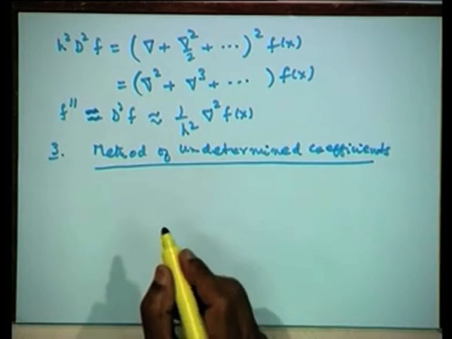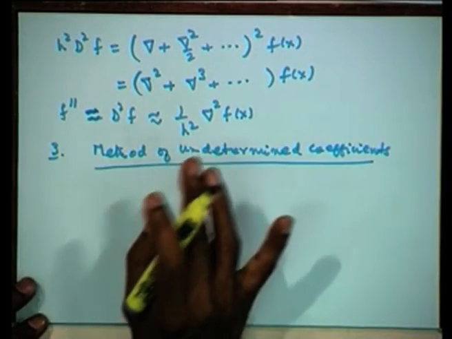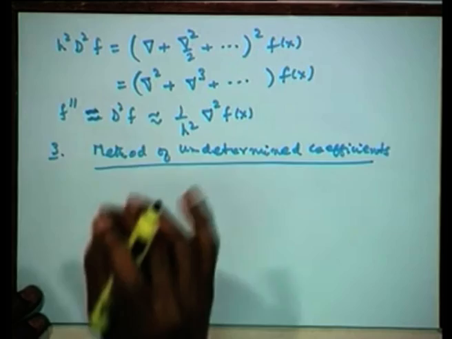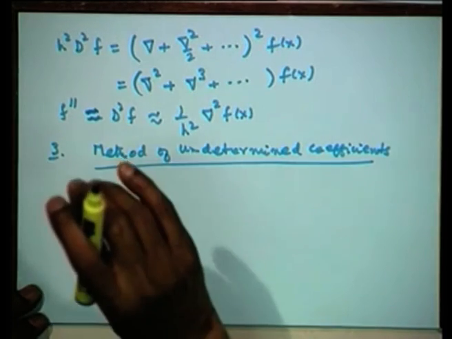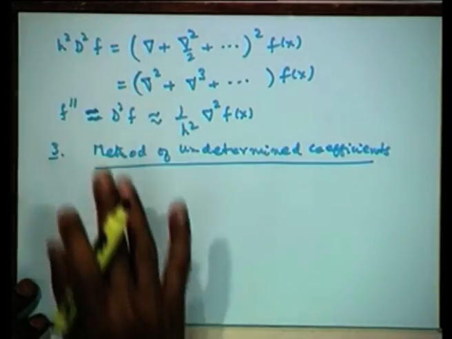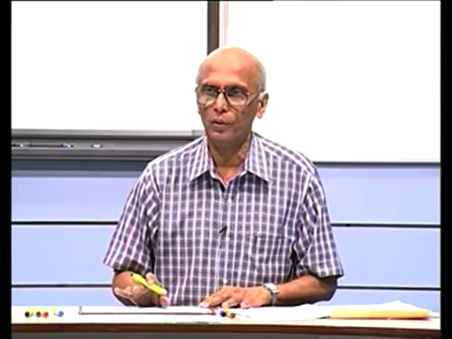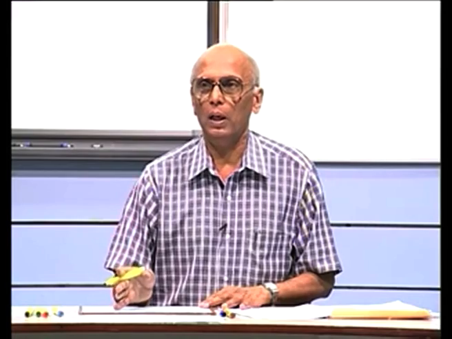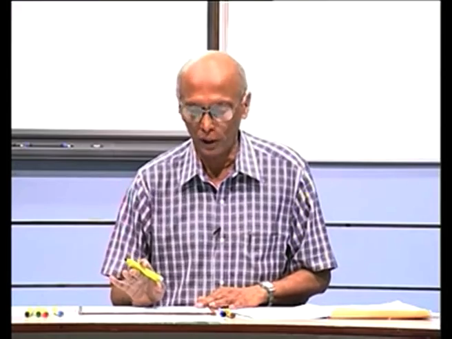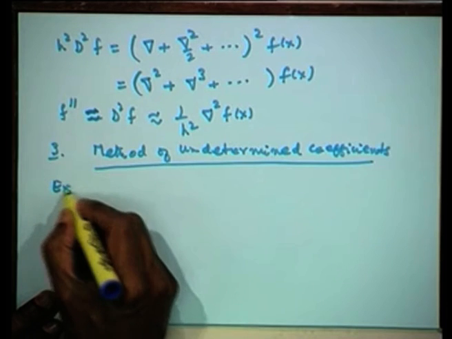In this case, the method that you want depends on the data that is given to us; the data is given randomly. So, if you are given data, you would like to use only those data points in construction of the formula, and let us assume that such a formula is not available through the difference operators or through interpolation. Then what we do is we write down the formula that we want, use the Taylor expansions, compare the coefficients and find out the parameters involved. That is a very simple and straightforward procedure. So, I will illustrate it through an example.